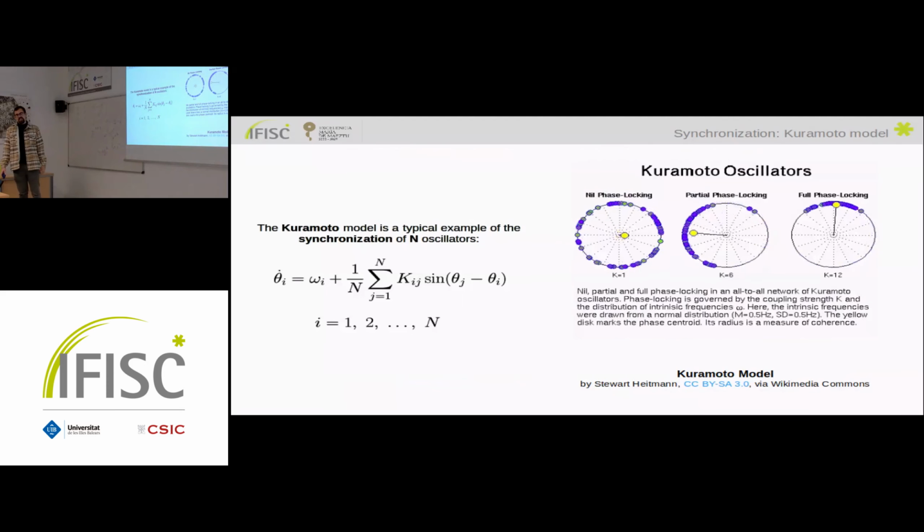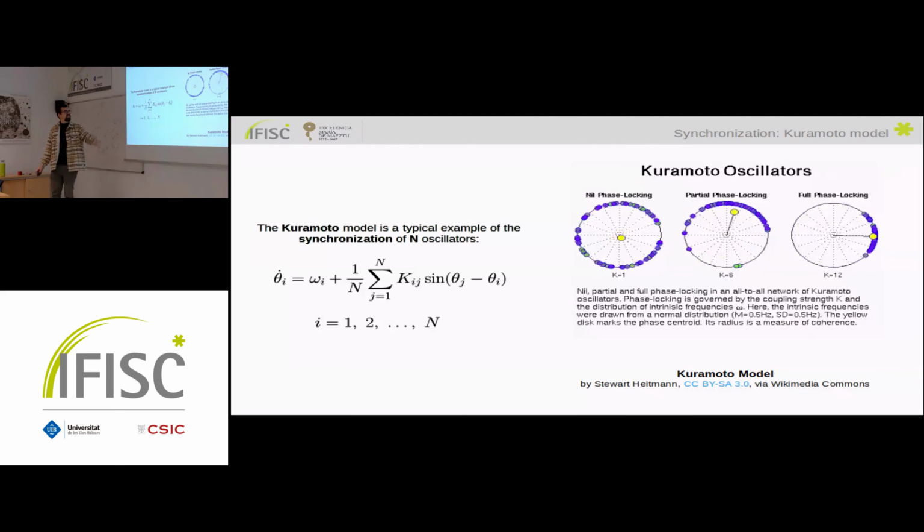Well, there is a simple model that also some of you will be familiar with, which is the Kuramoto model. In this model, we have a given number of oscillators, which are just simple linear oscillators, each one of them with its own frequency. In principle, we can take this frequency from whatever distribution we want. And of course, if we do not add any coupling at all, each system will do its own movement with its own frequency. But then we can plug in some coupling between the systems. And as we increase the strength of this coupling, we can get all of the systems to synchronize.